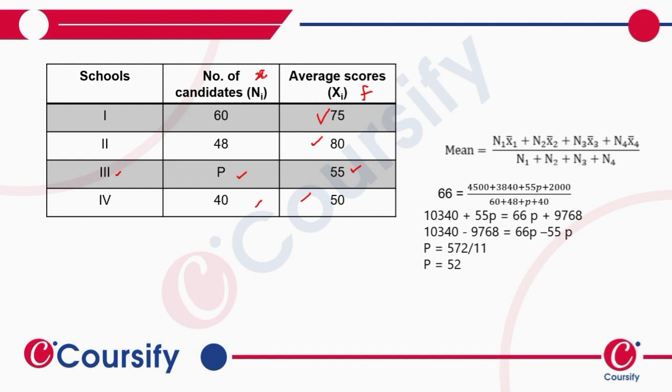So n will be f and the average will be the x values. So summation f will be obviously 60 plus 48 plus P plus 40. And when we multiply them and then add them, it will give us summation fx, which is in the numerator. So the mean they have already given us here